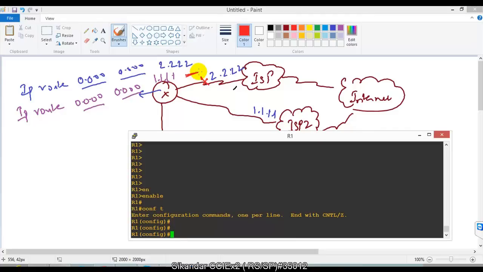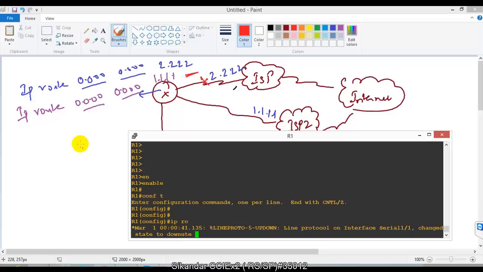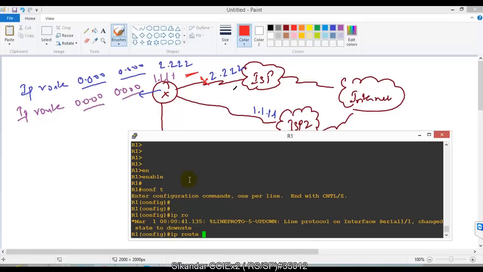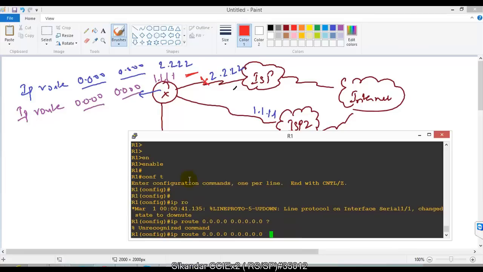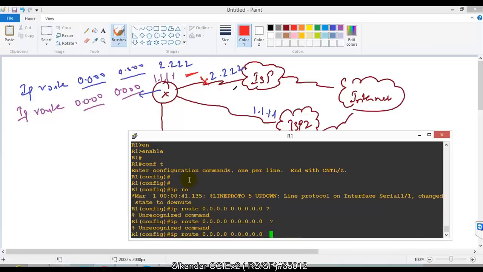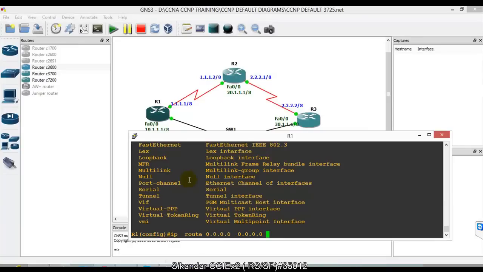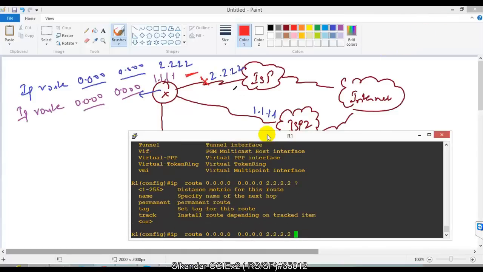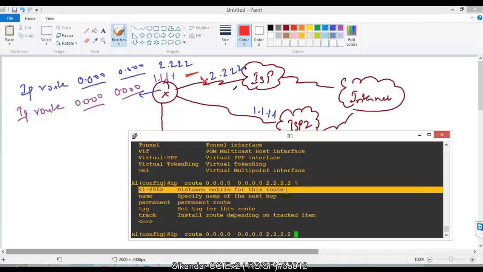Here I got into the command line of the router just to show you the commands. In general, we type the command IP route, destination network ID. We can define any destination network ID, but we are going to use a default route, so I'm going to say 0.0.0.0 0.0.0.0. For the next hop address, once I give a question mark, I can define the next hop address. I'm going to say 2.2.2.2 as per our diagram. And if you use a question mark, there is one more option called administrative distance here. This administrative distance decides which route is more preferred.